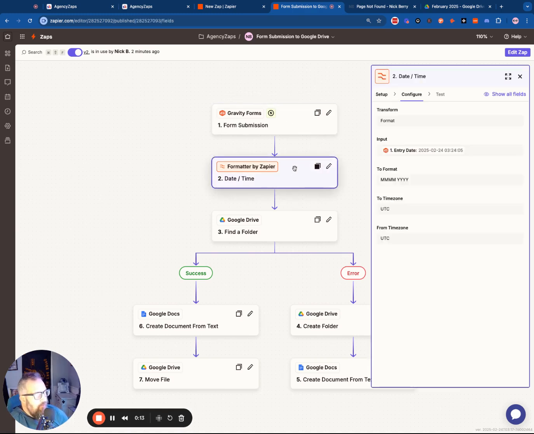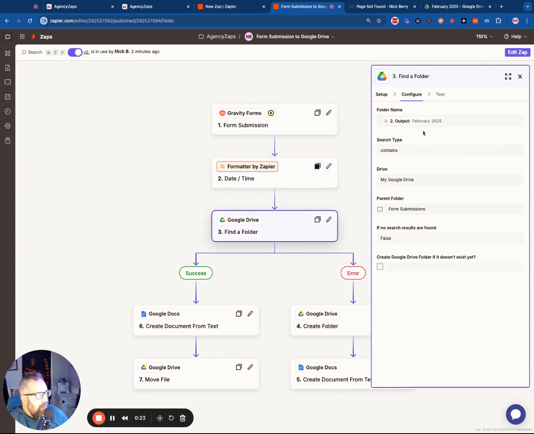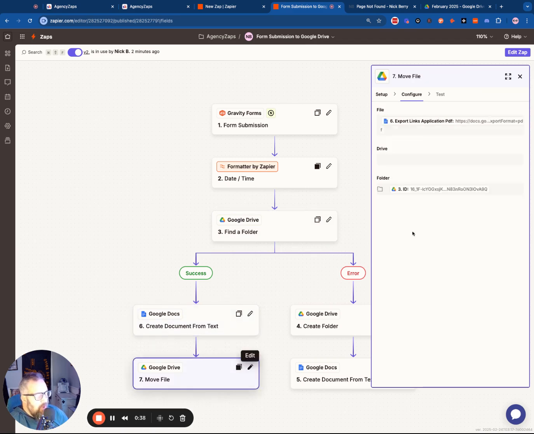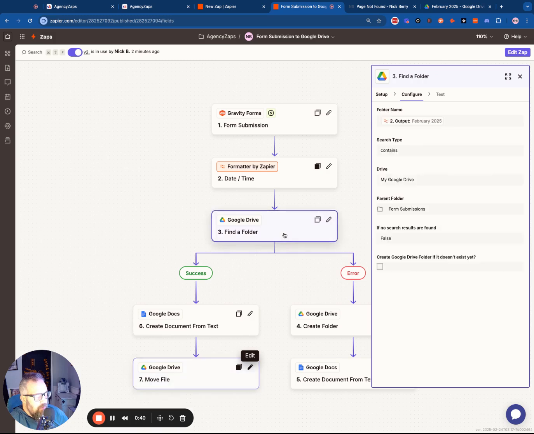We are formatting that date into MMMM, year, which will output it as, for example, February 2025. What we are going to do here is find that folder, look for it. If it exists, we're going to create a document from text. This is just an example. Then we are going to move that document to this folder